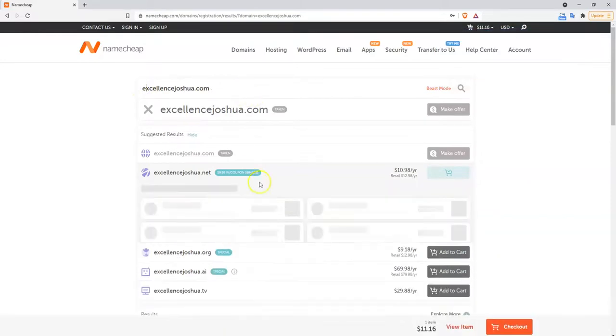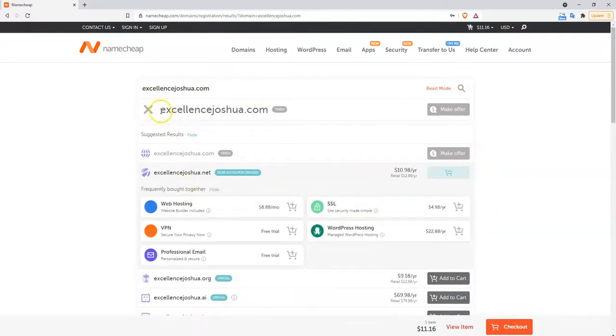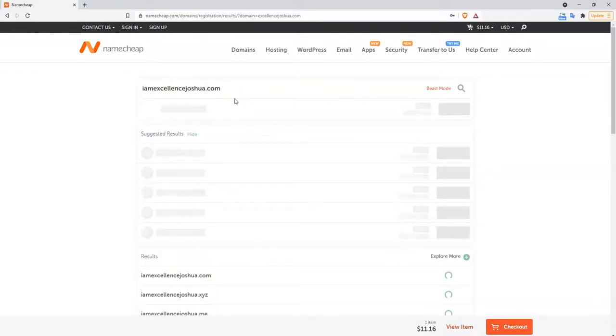I've added that to my cart, so it's showing down that I have something in my cart. I can actually tweak the name to something else, what they call it that I want, to see if it is available to get. If the name you want is available and you want .com, you can always tweak it to find what is suitable or what works